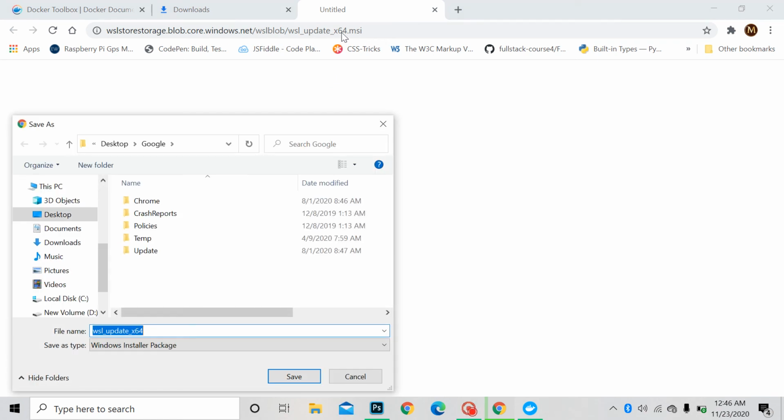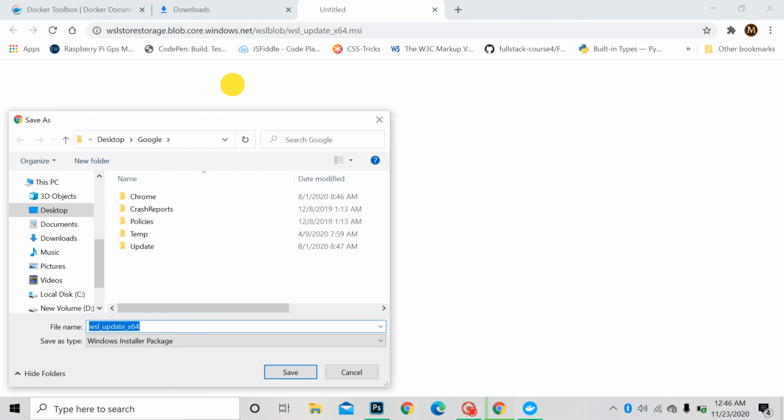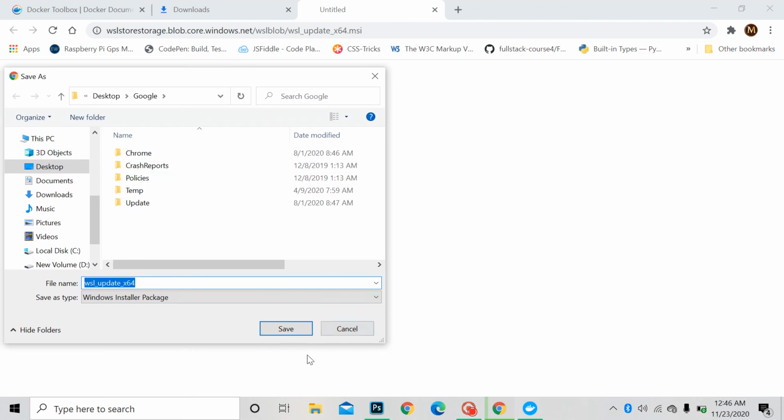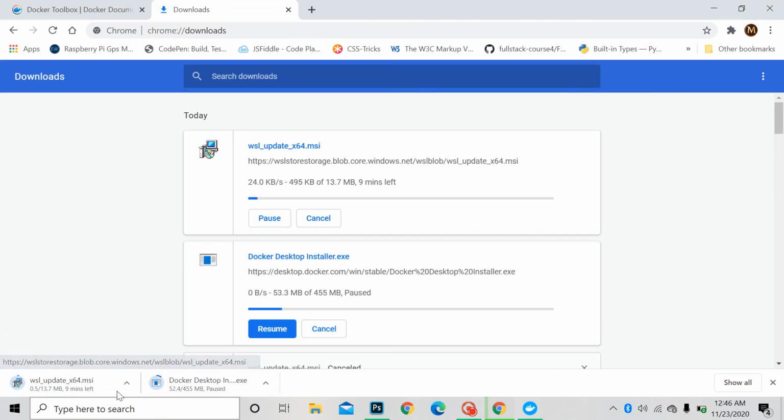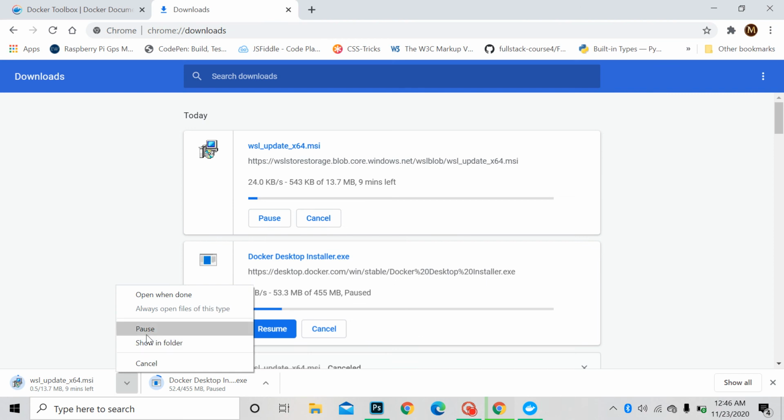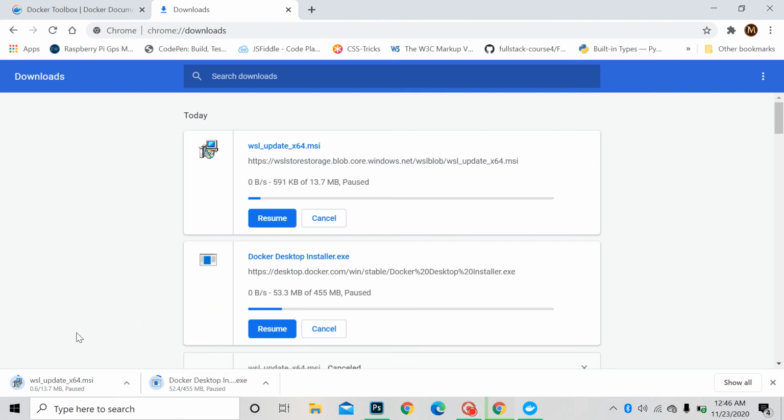Look, wsl_update_x64.msi: you will get this file by following that link and you have to install it. I previously installed it, or it was installed automatically, I don't know, but for now I have not installed it. So you have to install and run this.